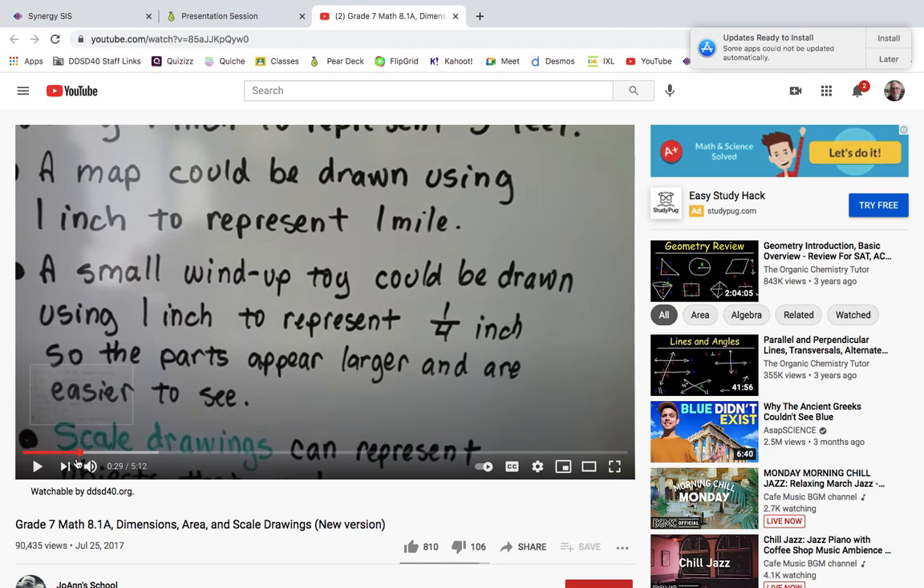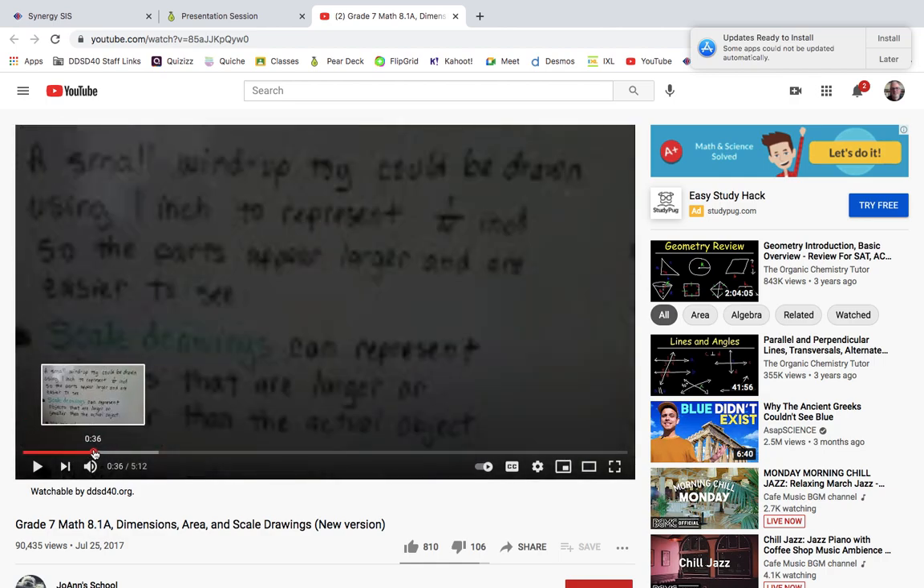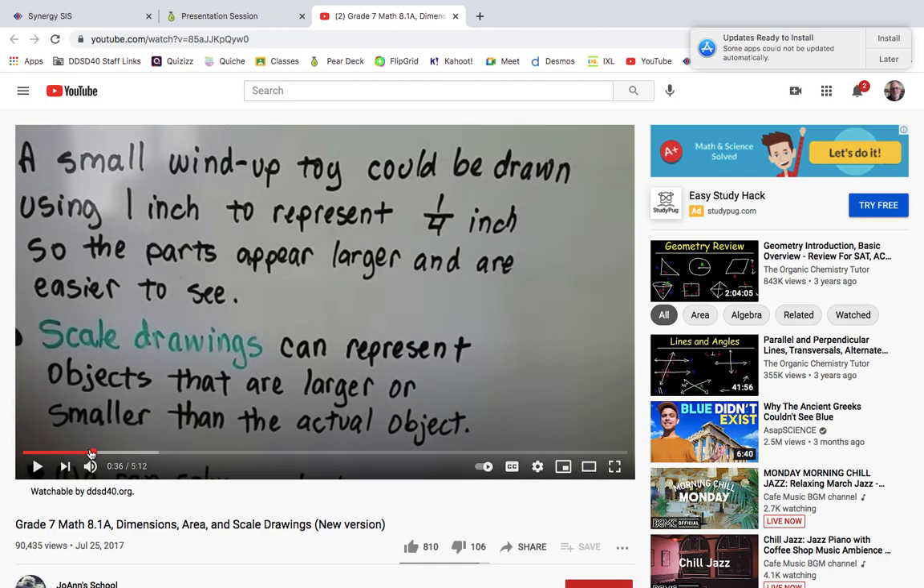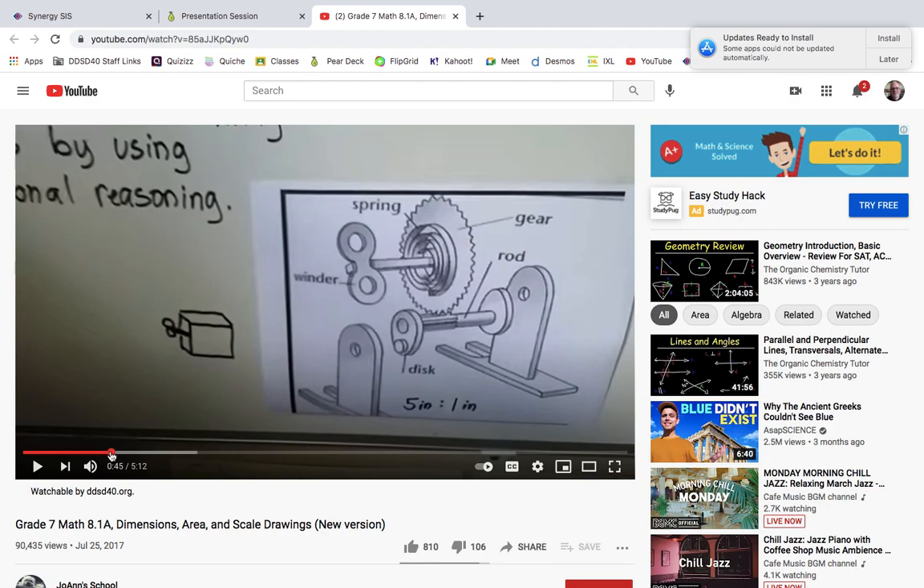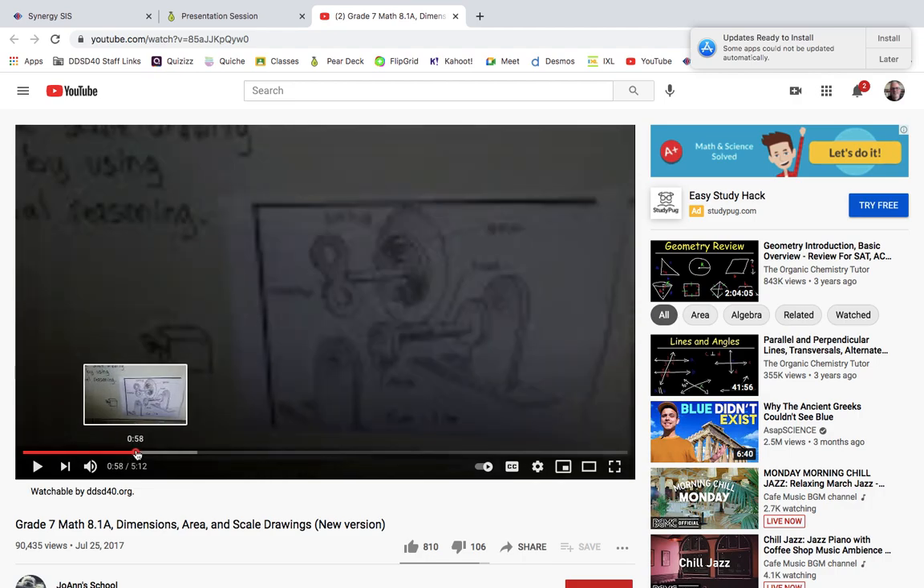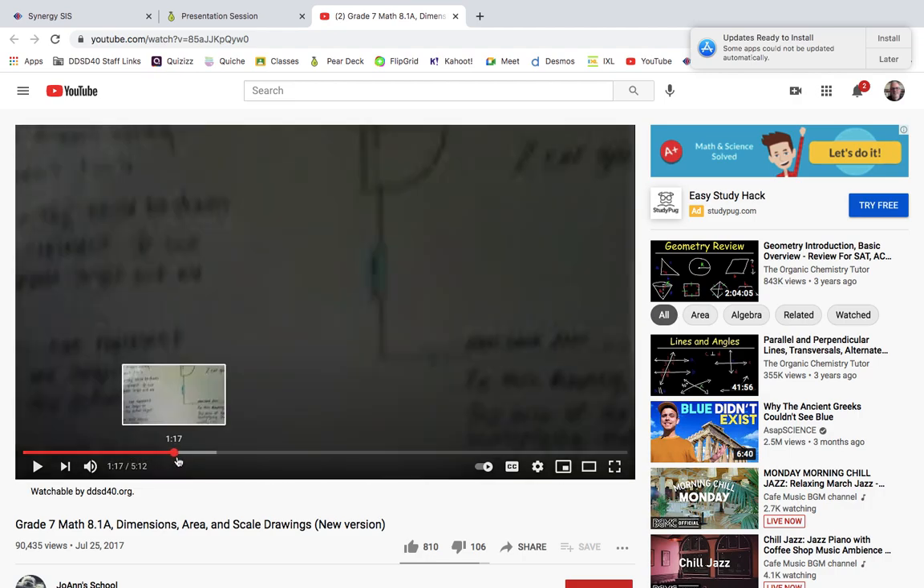And then the next definition we also put in our notes, or it's not really a definition, but a statement, excuse me, that scale drawings can represent objects that are larger or smaller than the actual object. So that's based on the scale. And then you can listen to her talk about this small toy. We didn't put that in our notes, but we did put this example